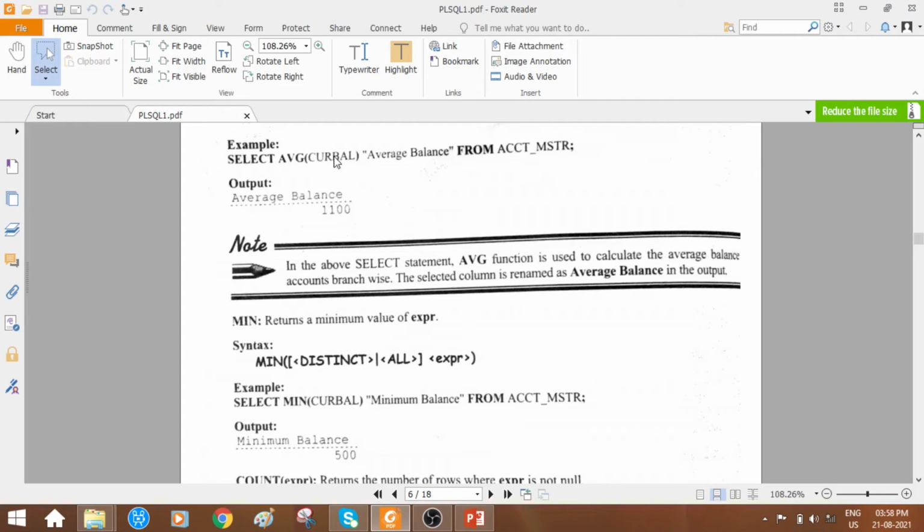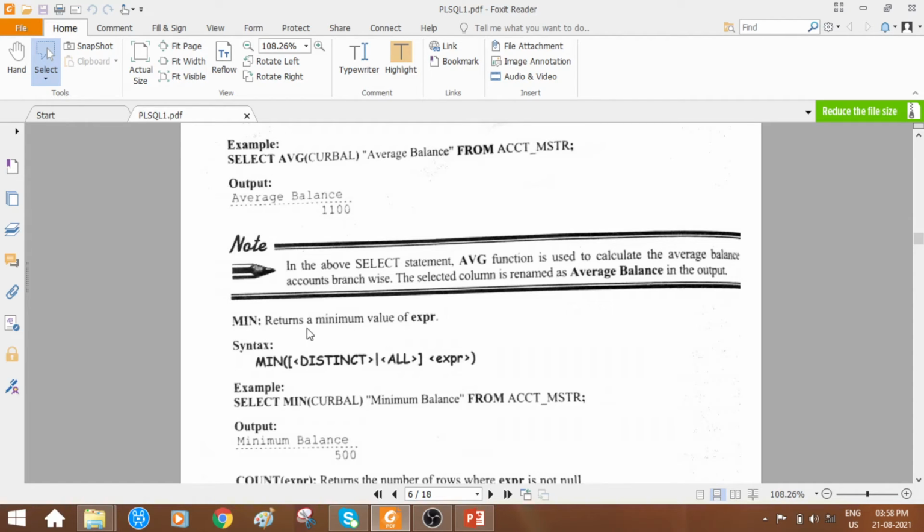So if you want to take the average of all those current balances, then which one, this average function is used. Okay, so I hope you all understood this average function. So let us find one more aggregate function, which is a very simple one, min, that is minimum.